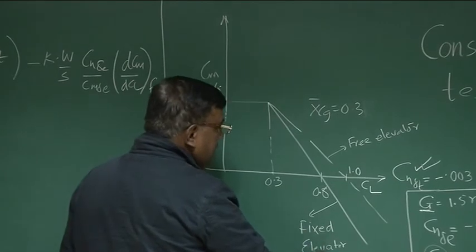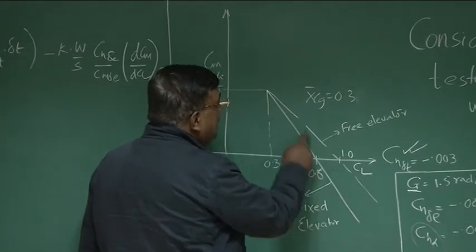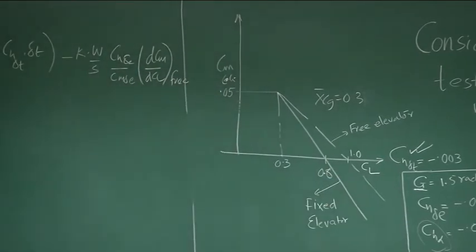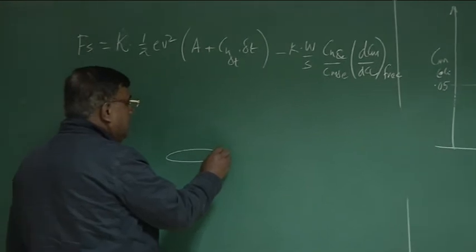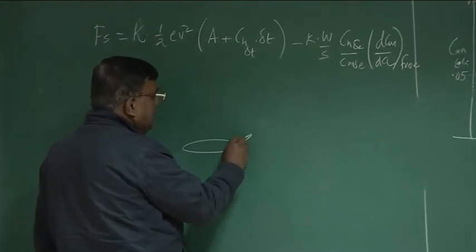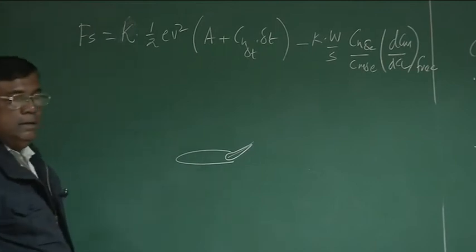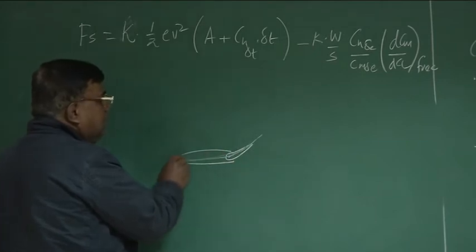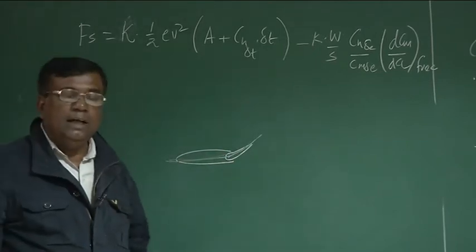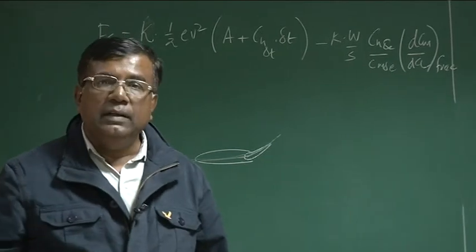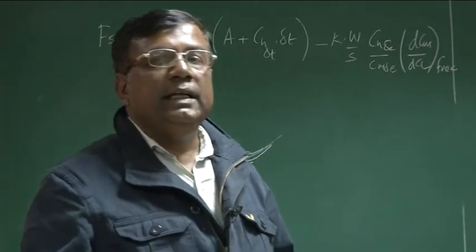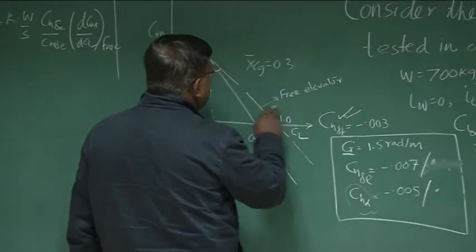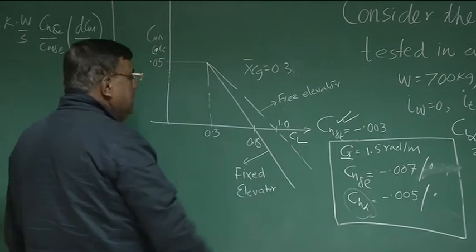One is the fixed elevator, that is the stick fixed case, this line, and there is the free elevator. Why has their slope changed? You know that in most airplanes the elevator will float like this, right? So at equilibrium the shape is like this, opposite of a camber. So there is a reduction in the tail lift, so Cm alpha, or stability added by the tail, will reduce. Hence dCm by dCl for a free elevator, the slope will be less compared to the stick fixed case.